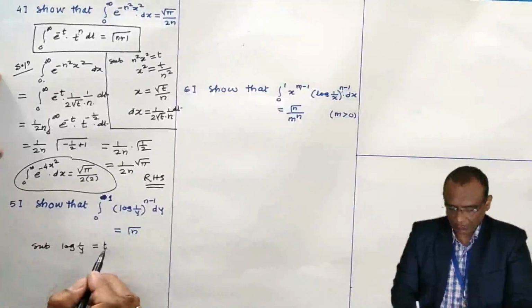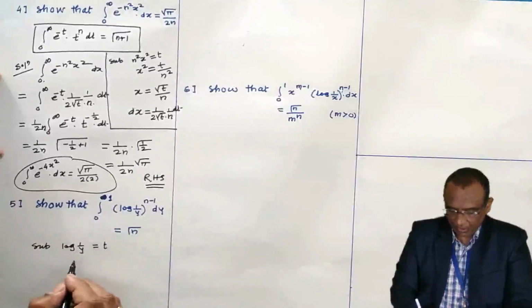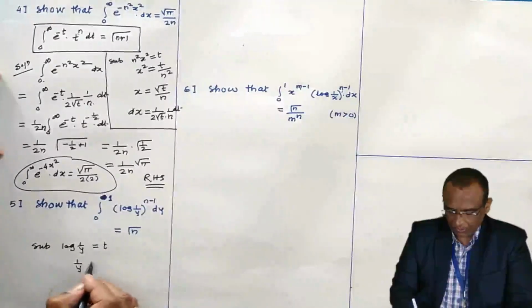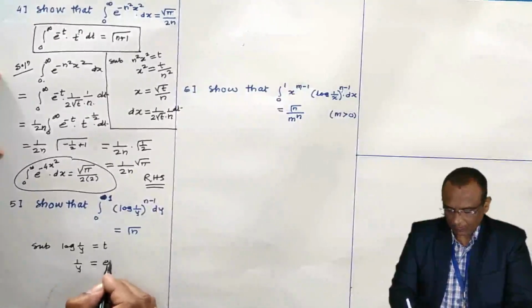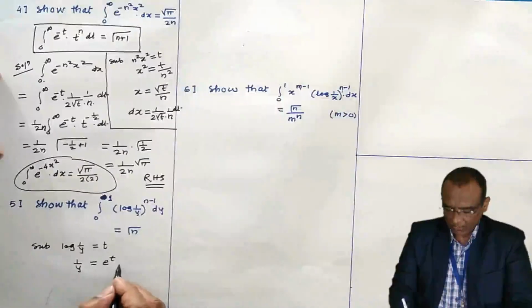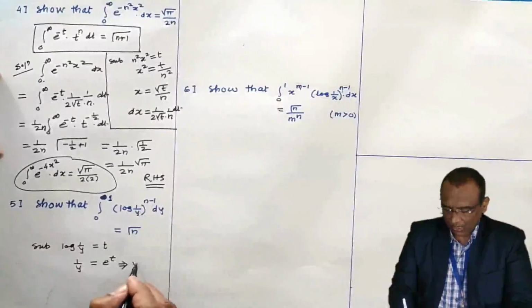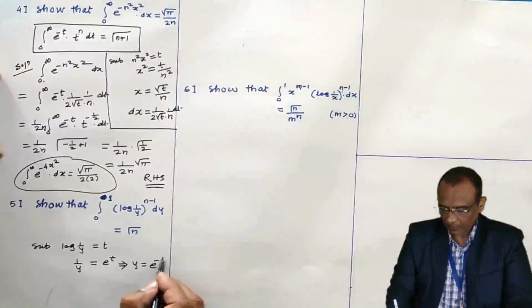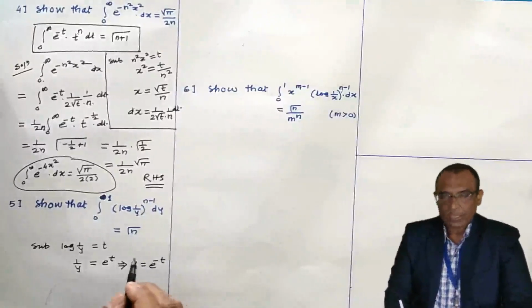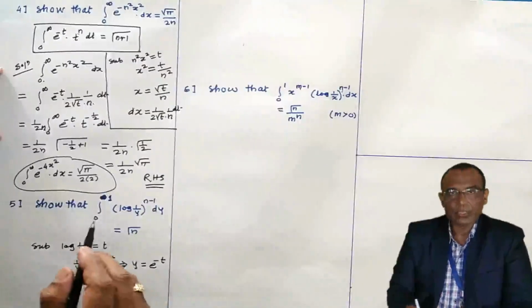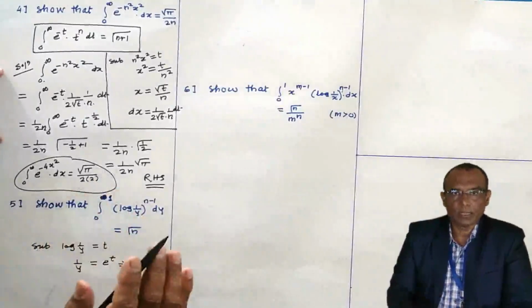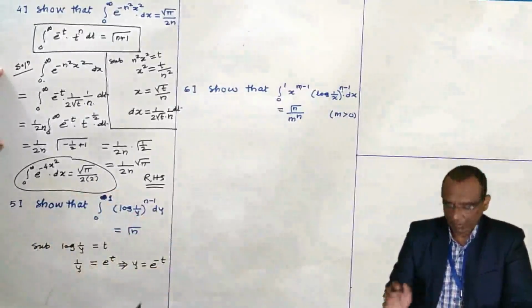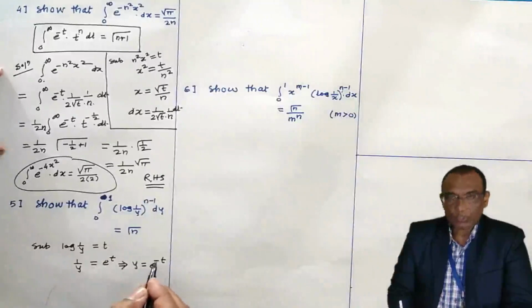This substitution is convenient, and 1 by y is equal to e power t, and if you take the reciprocal of it, y is equal to 1 by e to the power t, which is e power minus t. Because anyhow we have to insert e to the power minus t there in order to use the gamma function. The y value is e to the power minus t,